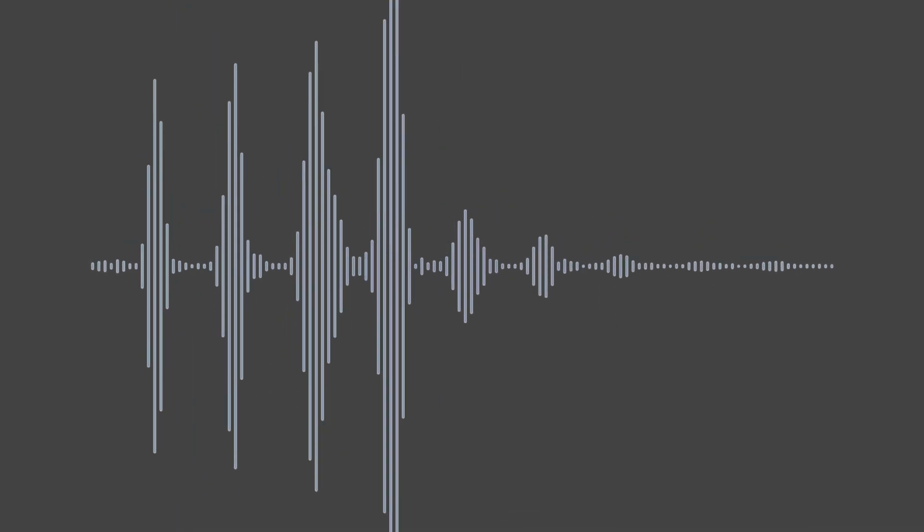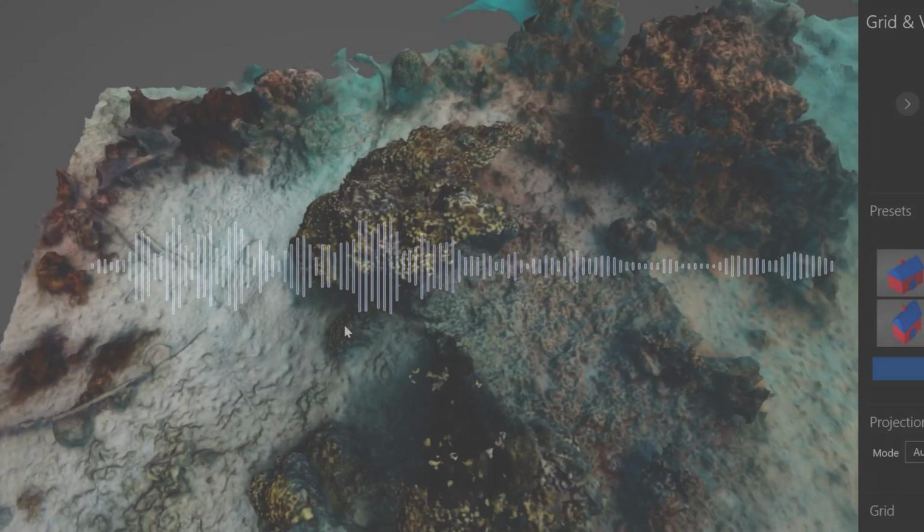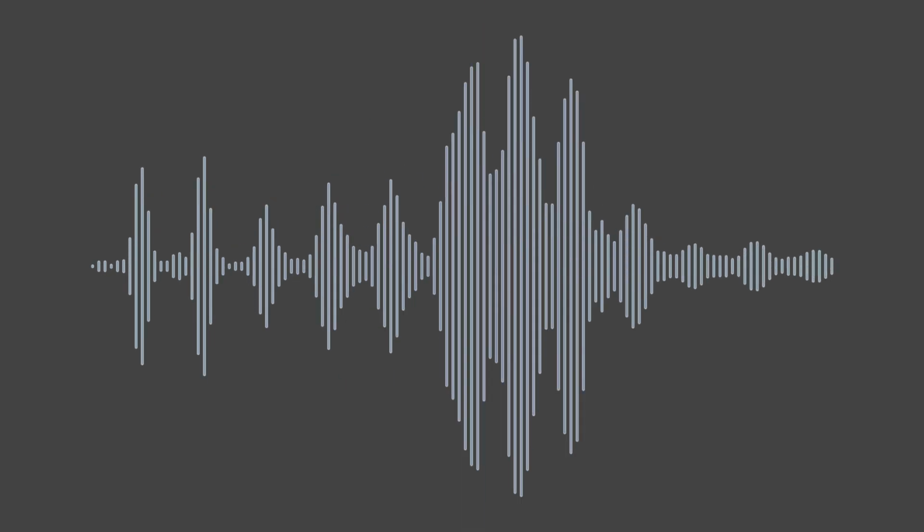Testing of the full vehicle was unfortunately rather limited. Only a few full function tests were performed. However, it was demonstrated to be capable of producing photogrammetric maps of the seabed and descended to 15 meters, or about 50-foot depth, with no issues. It was still lacking in a number of areas, however, most notably its poor bottom time of only around 15 minutes, the goal was 45, the mediocre quality of the map that it made, as well as